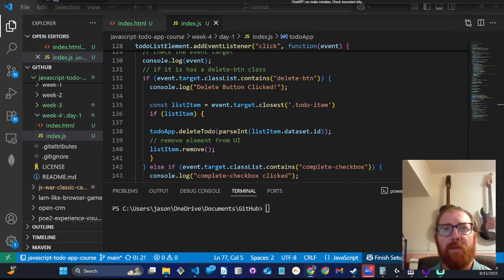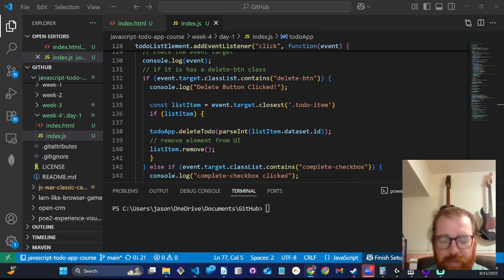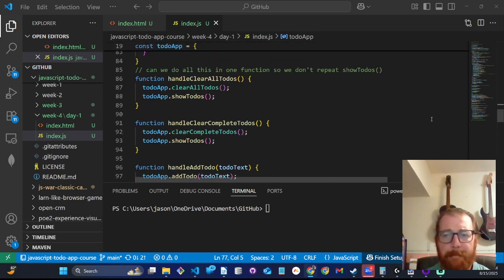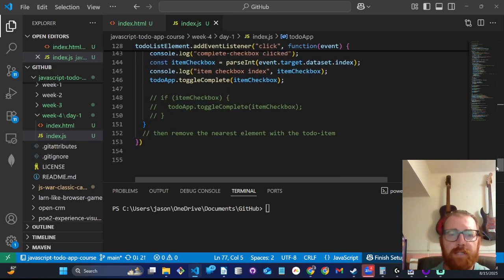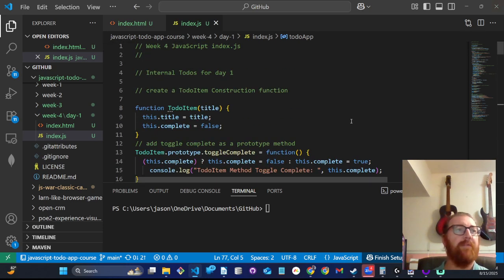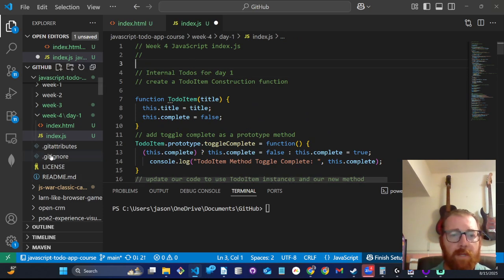All right. So today is going to be week 4, day 3. We're going to continue to basically try to manage state. Now, I am starting to, let's see, how long is this? Our code is only about 150 lines. A lot of it is, oh, by the way, I need to do this as we